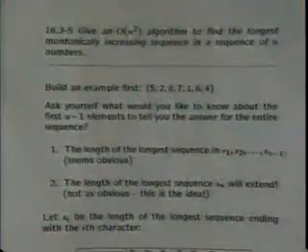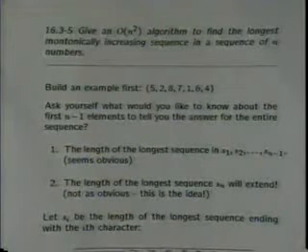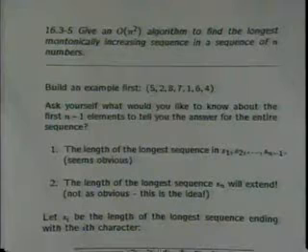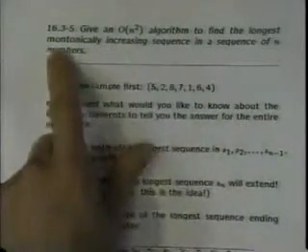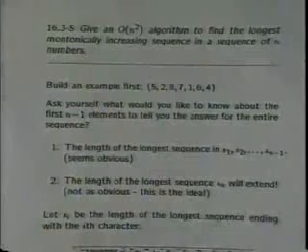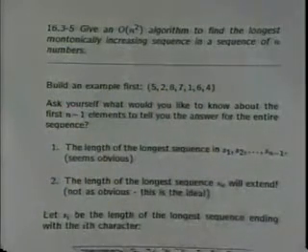Last class we were in the middle of starting dynamic programming. We started going through the first real example, which was trying to find the best way to multiply matrices. But the problem of the day asks for a dynamic programming algorithm for a slightly different problem. I'll go over the problem of the day, and then we'll continue with what we were doing. The problem asks: give an order n² algorithm to find the monotonically longest increasing sequence in a sequence of n numbers.